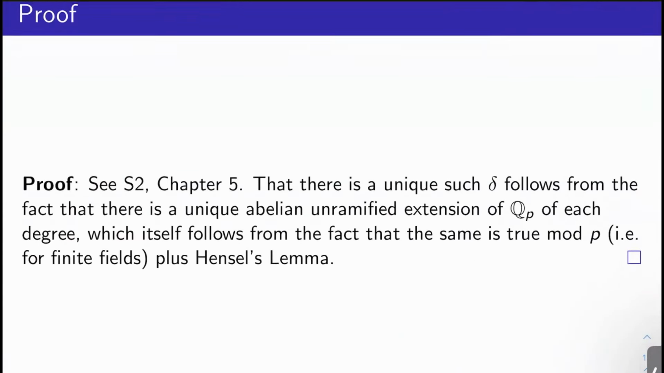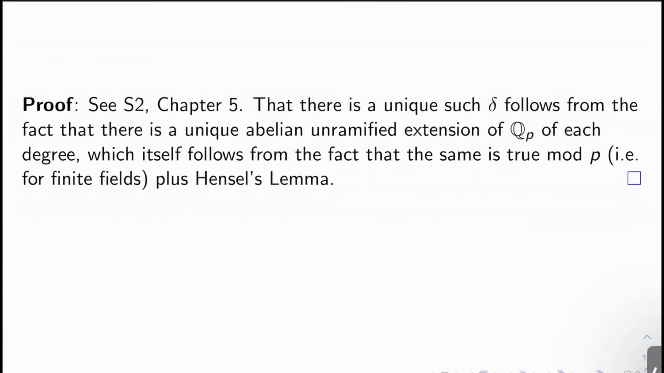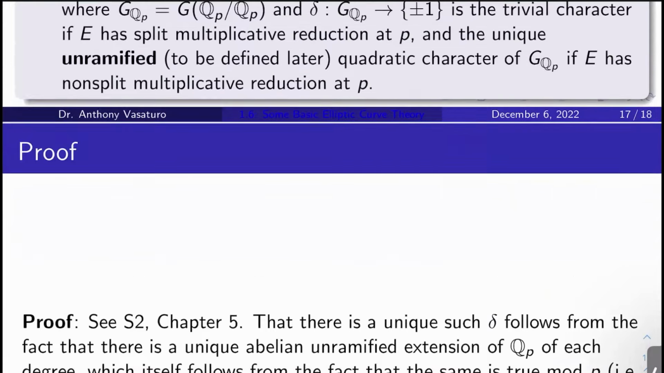For a proof of all this, you can see Silverman 2, Chapter 5. That there is a unique such character, by the way, follows from the fact that there's a unique abelian unramified extension of Q_p of each degree, which itself follows from the fact that the same is true mod p, i.e. for finite fields, plus Hensel's lemma to lift the result up to Q_p. All right, so